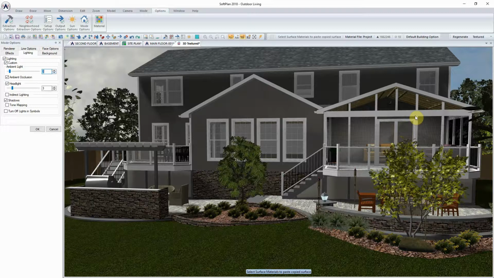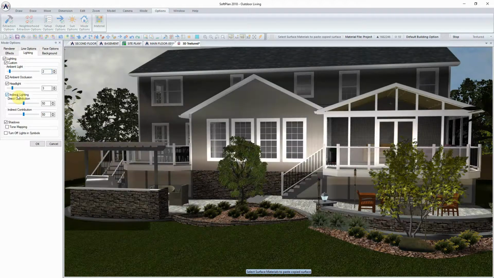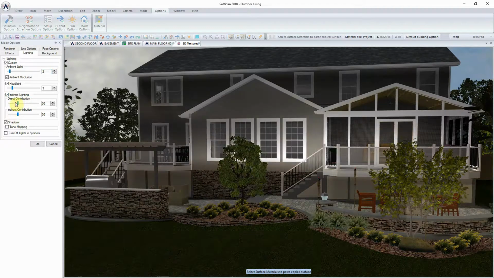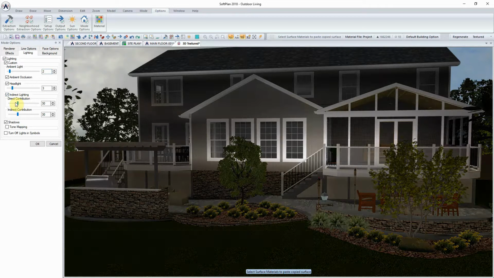Okay, as we move down into the indirect lighting and turning it on, at this stage you're going to have both a direct contribution of lights and indirect, depending on light sources within the model itself, and you can certainly control that once again using the slider bar with how much the model is going to be lit. And the best thing for lighting really comes down to using actual light sources on the model, or controlling